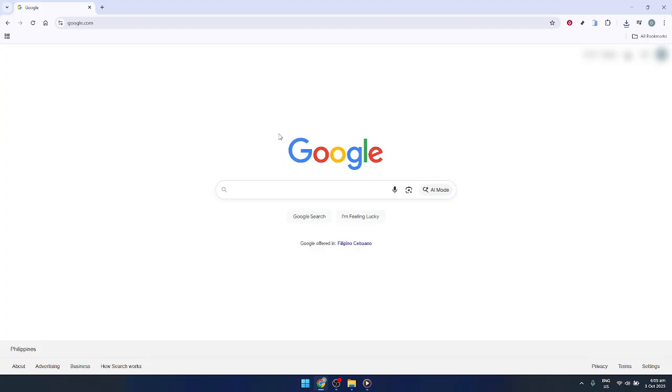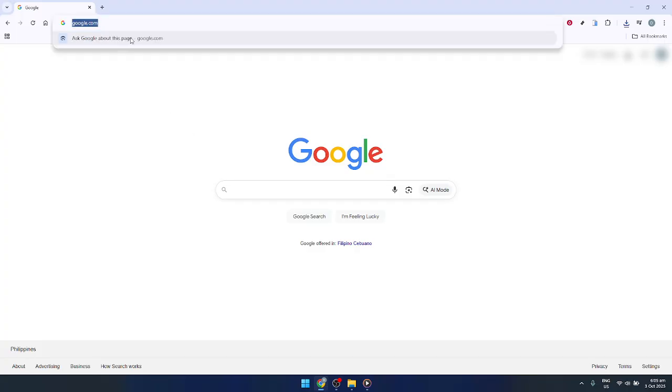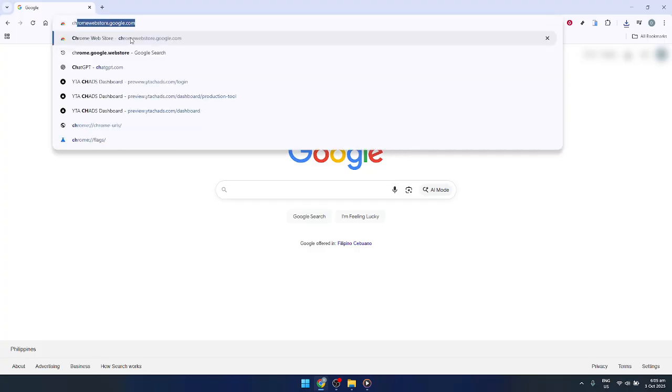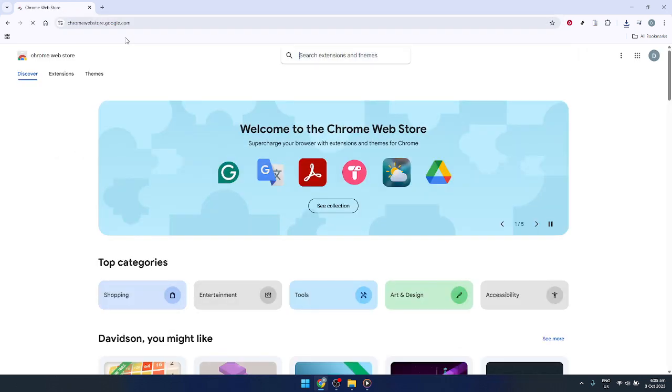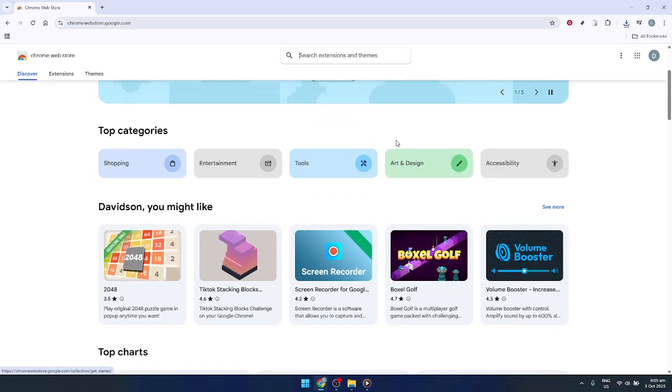Now, once you're in Google Chrome, direct your attention to the address bar at the top of the screen. Here, you're going to type in the full web address of the Chrome Web Store. It's chrome.google.com/webstore. Once you have that typed in, simply hit enter, and this will open up the main page of the